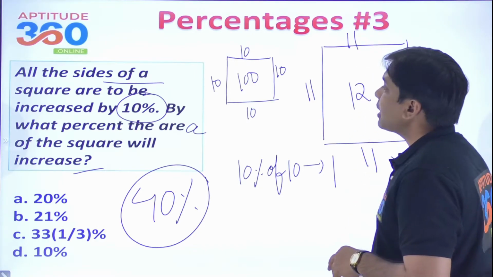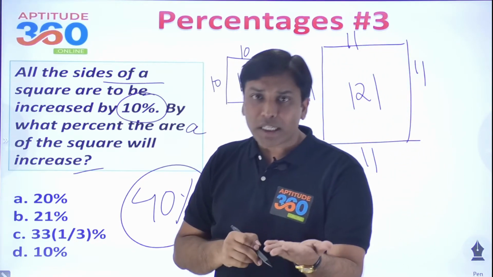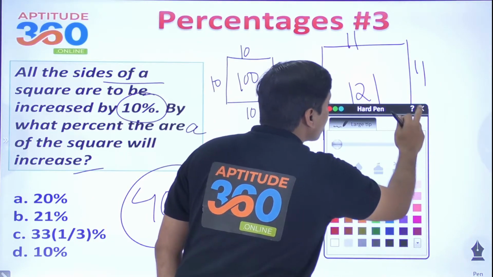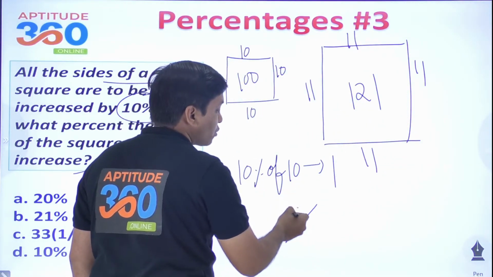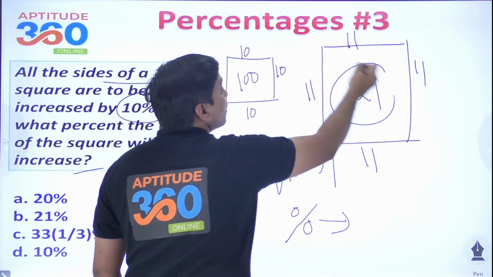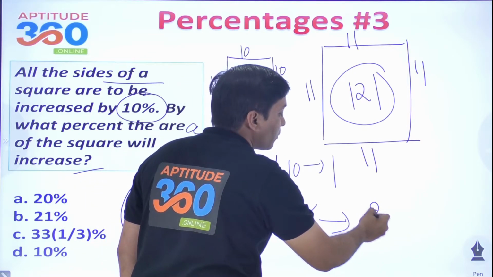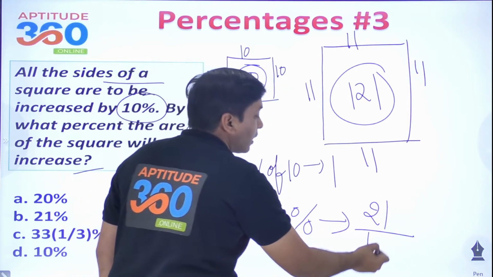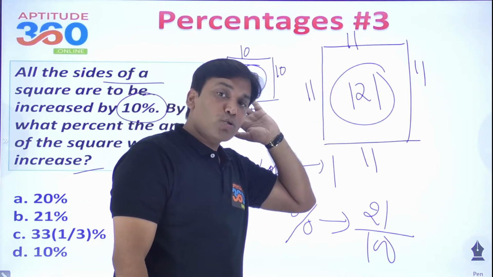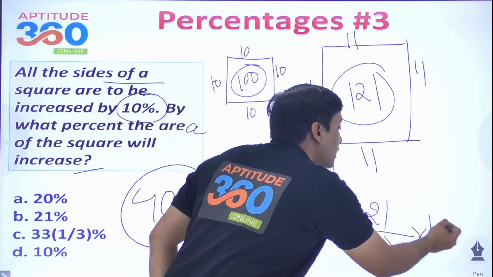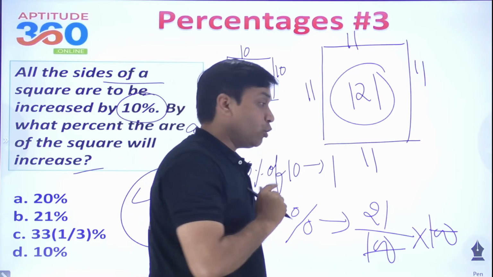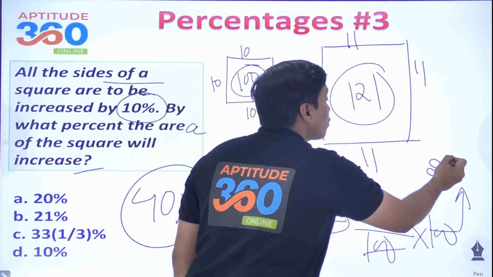What is going to be the new area? 11 square is coming out as 121. And if you have to find out the percentage change, how will you find it? If you look carefully, that is what we learned in the very first video. To find percent change, what will we do? Change, which is this value minus this value, so that's going to be 21, upon original, which will be 100, because we are talking about the increment in the area. So the previous or original area was 100. Now you multiply this with 100. Why am I multiplying this with 100? Probably you should understand because you have watched my first video. Come on, if this is done, what will the answer be?